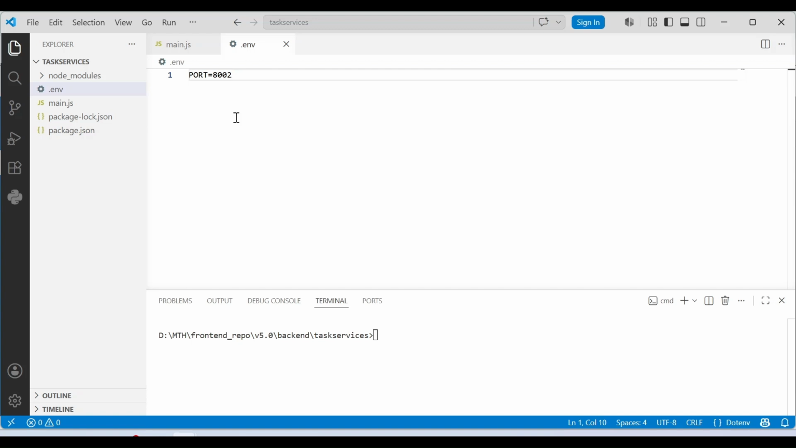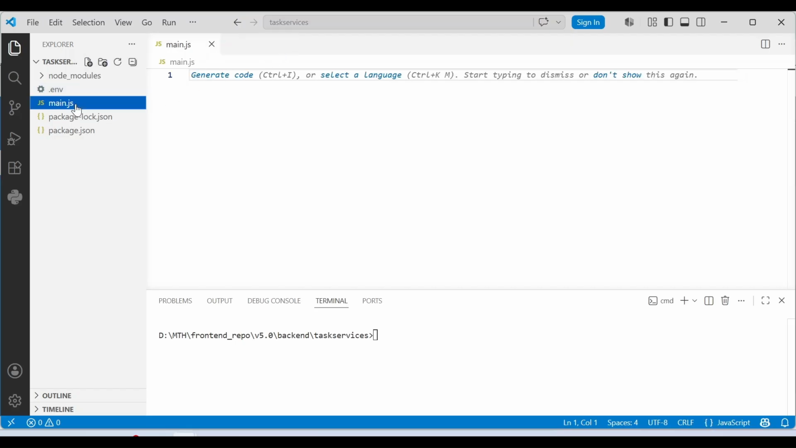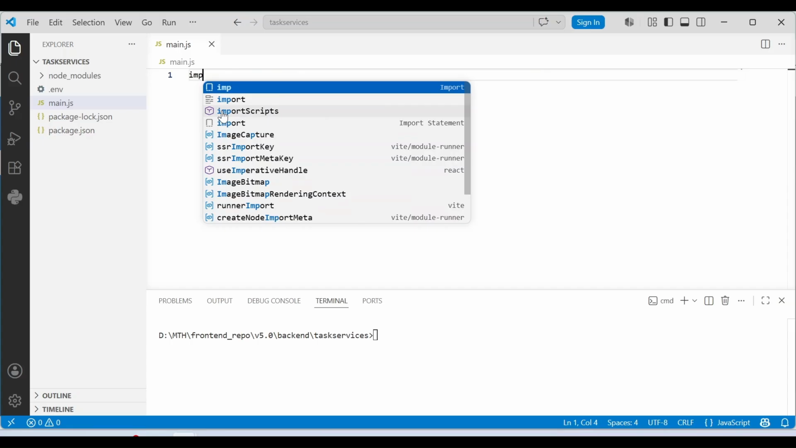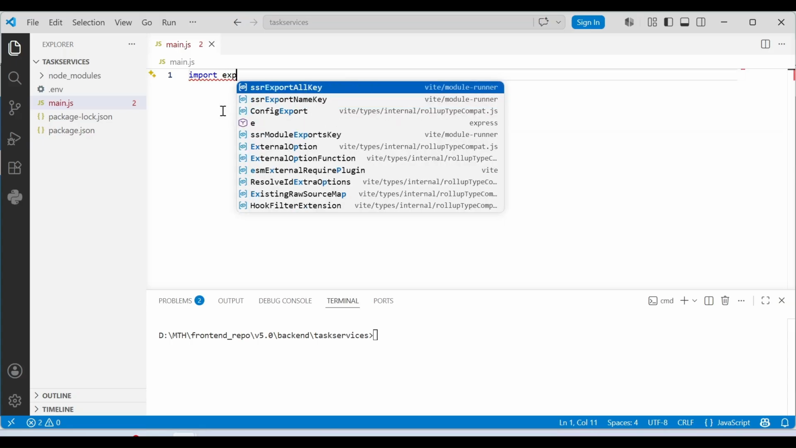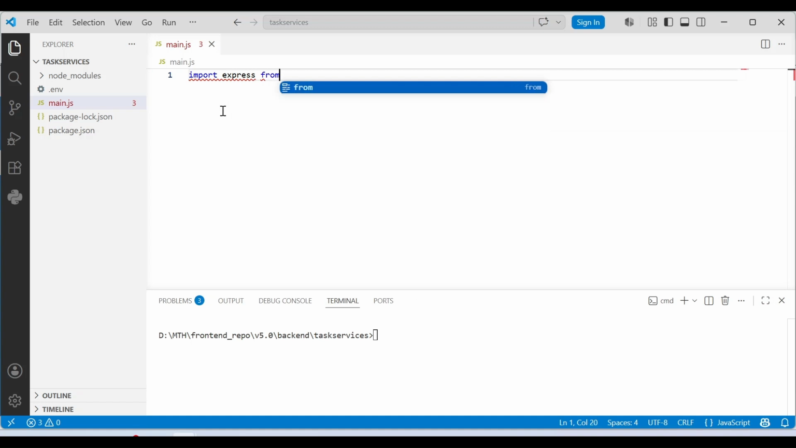file. The gateway service project, which is created using Python FastAPI, is running with port number 8000, and the project core services created using Spring Boot is running with port number 8001. So I'm assigning the port number 8002 for this project. Then save, close the .env file, open main.js in the editor, import express from the library express,